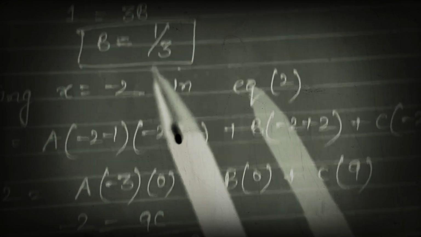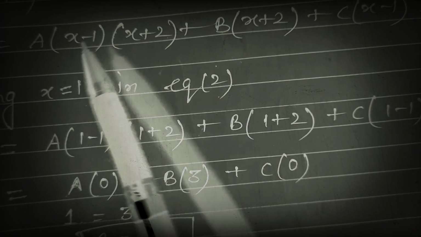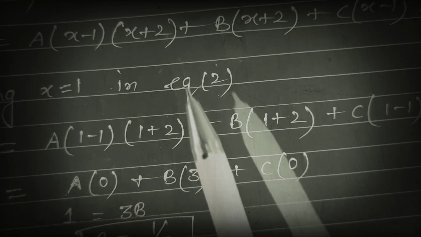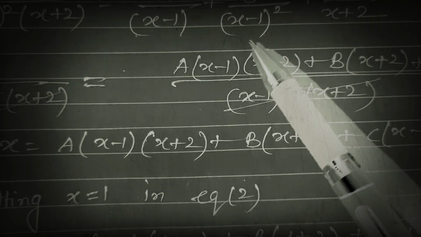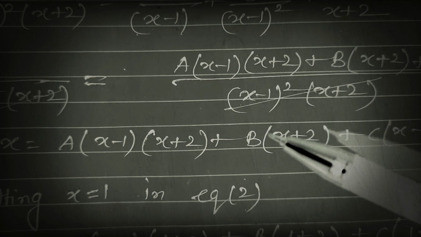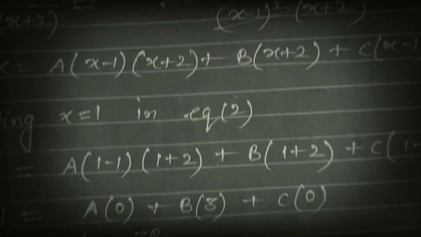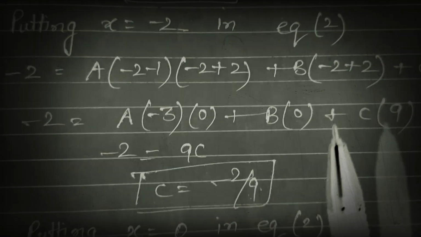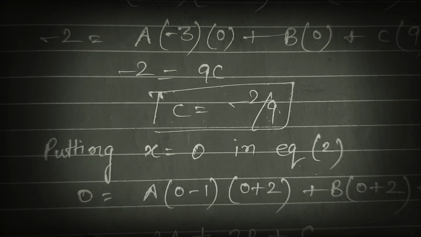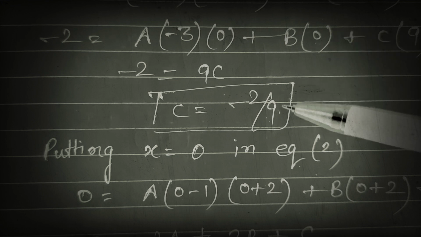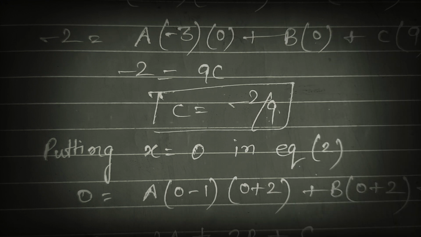One value we put x is equal to 1, other is minus 2. Clear? For the third value, if we put 0 we would get x as 1, so we can put any value from our side. I am putting x is equal to 0. You can put 1, 2, or minus 1, 2 as you wish.